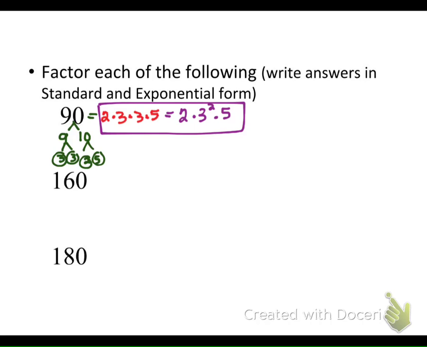Now I'm going to factor 160. Two factors that I can multiply together to get the product of 160 will be 10 and 16. Keep in mind there are so many different factors that you can multiply together to get 160. I'm choosing to use 10 and 16. I'm going to circle my 2 and my 5 because they're prime. And then I'm going to factor my 8, which is 2 times 4. I circle my 2 because it's prime,